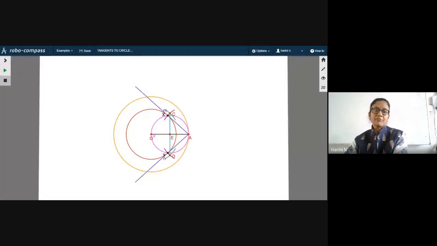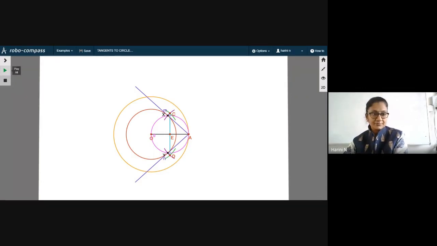So this will be the final construction after you complete all the steps. All right. So we will take up from the beginning now. There are so many circles you are seeing. That's why I have made it so colorful, so that you are seeing the circle which I am asking you to focus on. Now here I am not going to tell you lots of things because the same steps we are going to follow. So the first thing, we have to draw a circle of radius 4 centimeters.